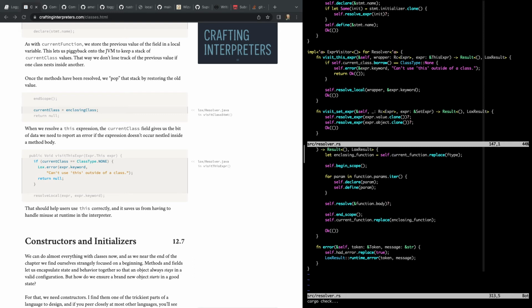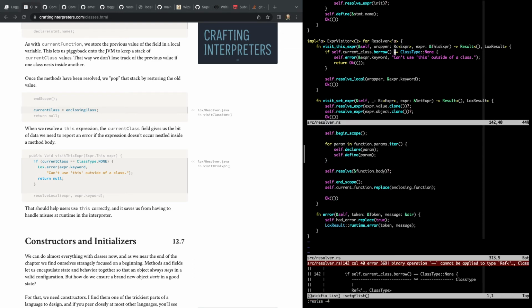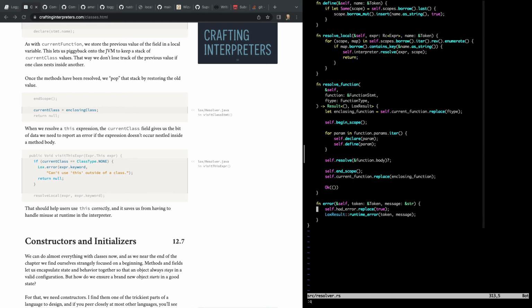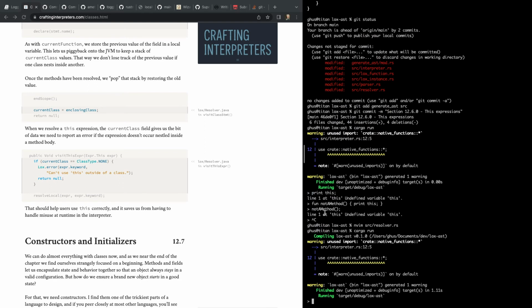And then the resolver reports the error, and then we have to do something here. We have to deref it, or put a star in front of it. Oh, I did derive partial eq. I'll just put a star in front of it. Yeah, okay, so now if we run this, cargo run, if we grab this thing here, print this,